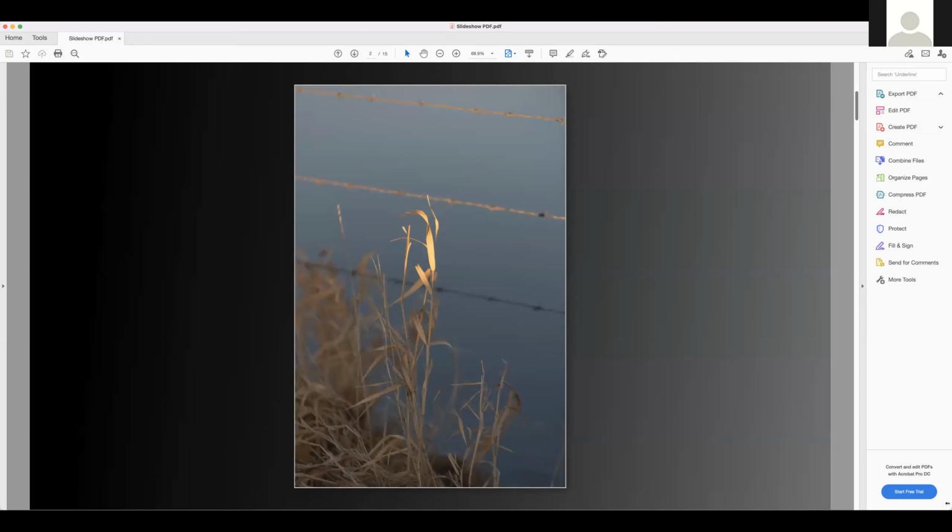So this is an image. One spring morning, I went out to a pond near Sylvan Lake, and the sun was coming up, and the light was shining on this blade of dried grass, and it just looked lovely. When I looked at it, I didn't see the fence. I just saw the nice light on the grass. But when I got home and looked at this picture, I thought, how boring. It's just terrible. So the next picture,